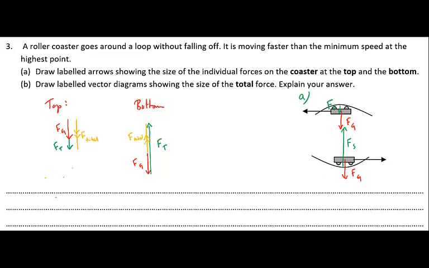And if it's traveling at the same speed, then the centripetal force at the bottom needs to be the same as it is at the top. So the two yellow vectors here, which is the sum of the other two, they need to be the same at the bottom and the top if the roller coaster is traveling at the same speed at the bottom and the top. So let's just write a brief explanation of that. Okay, so at the top,